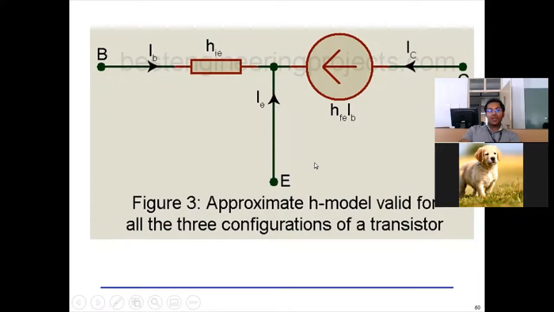What we are trying to do here is generalize. The 2-port network we are now taking as 3 separate legs: base, emitter, collector. Very, very important, because now I can use this for any configuration. For common base, I will bring down the base, take input at the emitter and output at the collector. For common collector, I will take the collector as common, with input at the base. So simply by twisting these arms, I can use this approximate model to analyze any transistor circuit. I can use this model, very important, because just